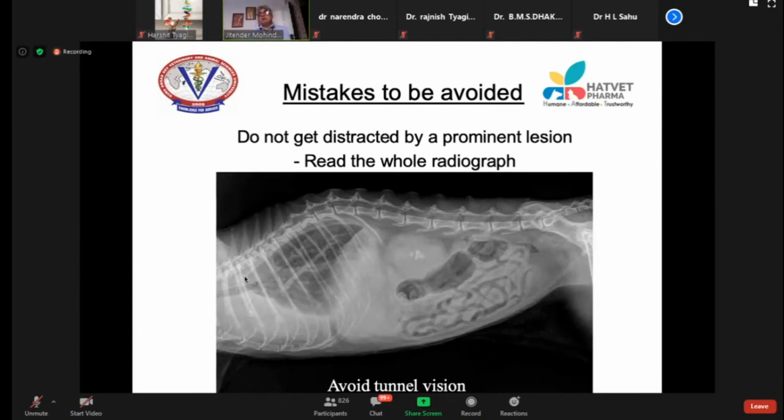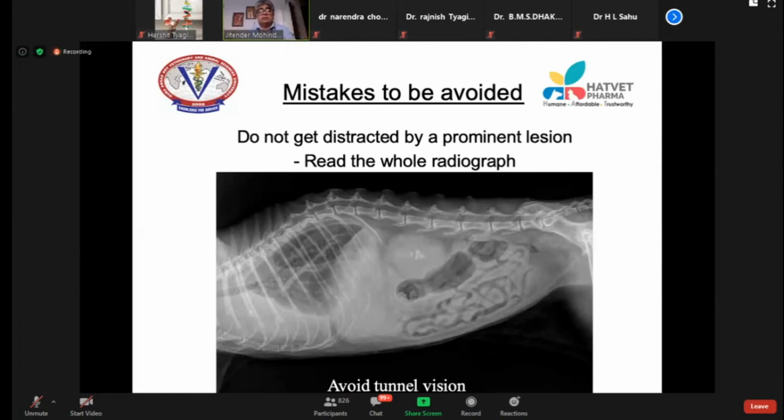What we generally do is we see the stones and say that only stones are there. We don't bother to see other things, and that is a blunder we make. So we will always see the whole radiograph. You can use your own practice. You can start from left to right or right to left, top to bottom, bottom to top, center to outside, outside to center, or you can go system-wise.